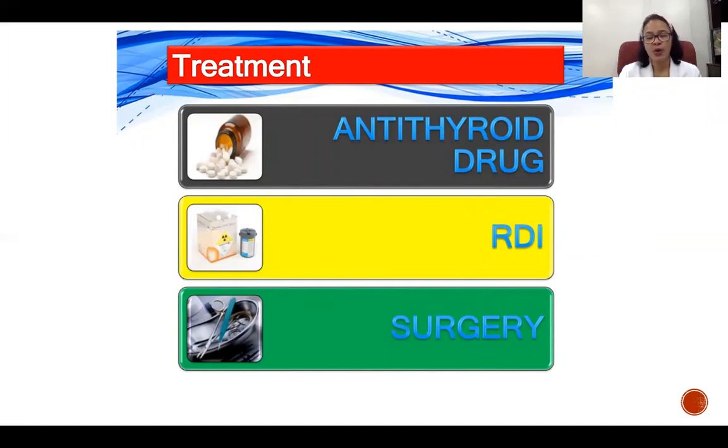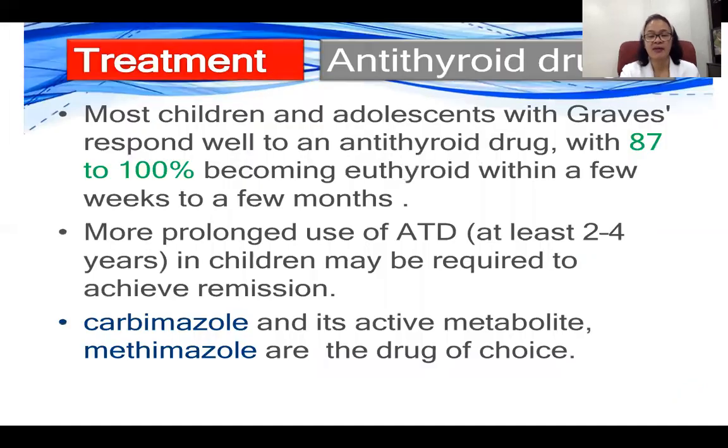There is, however, a growing acceptance of radioactive iodine therapy for children older than 10 years and adolescents as a second option, and in some cases they may use it as an initial treatment. And with regards to surgery, near total thyroidectomy is an equally effective and safe treatment in patients with